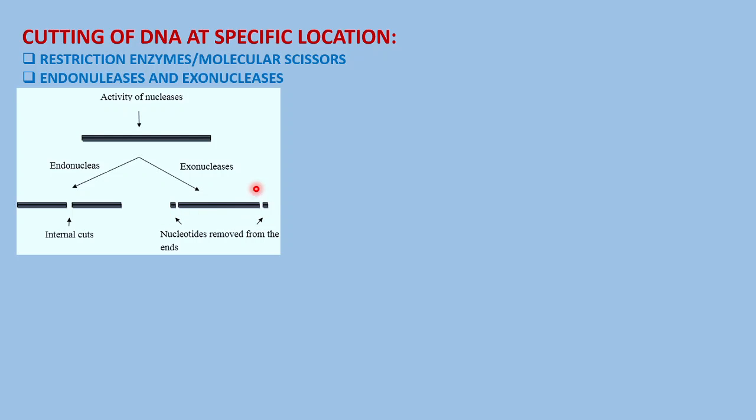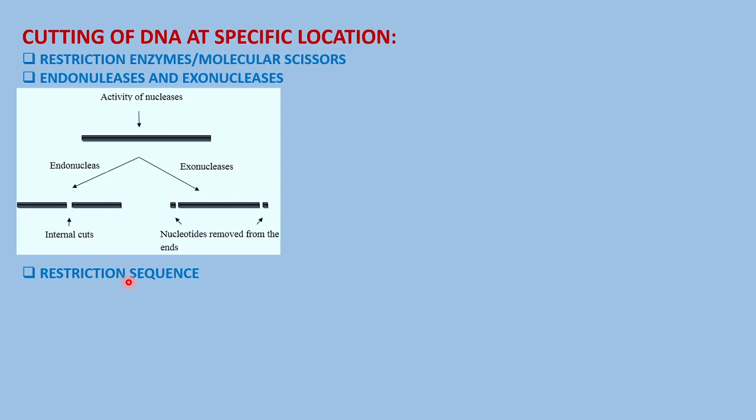Here it has cut it, so you get this separated out. So from the ends, nucleotides are removed, and it is an internal cut in the case of endonucleases. Then, where will the restriction enzyme work? It is not that it will cut at any location. The restriction enzyme can act only at particular points, and those particular points are referred to as